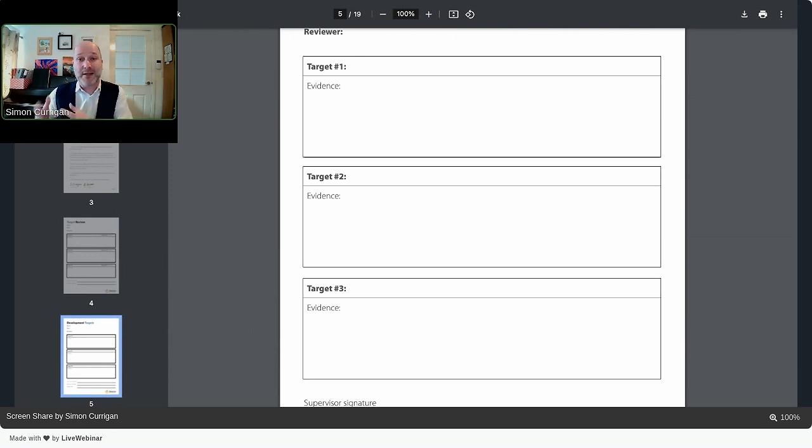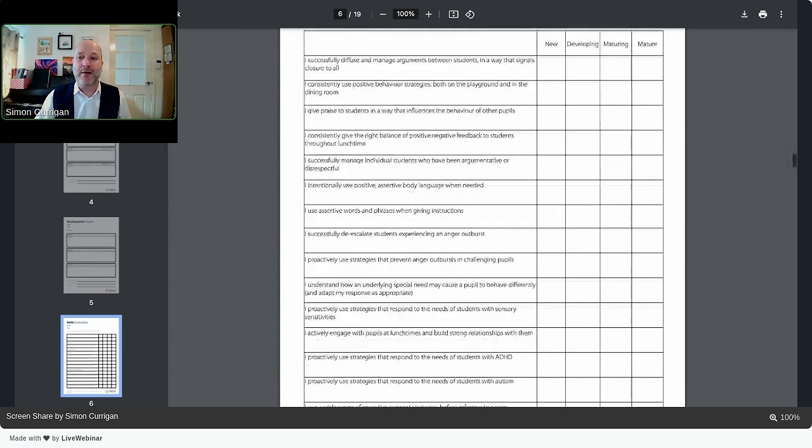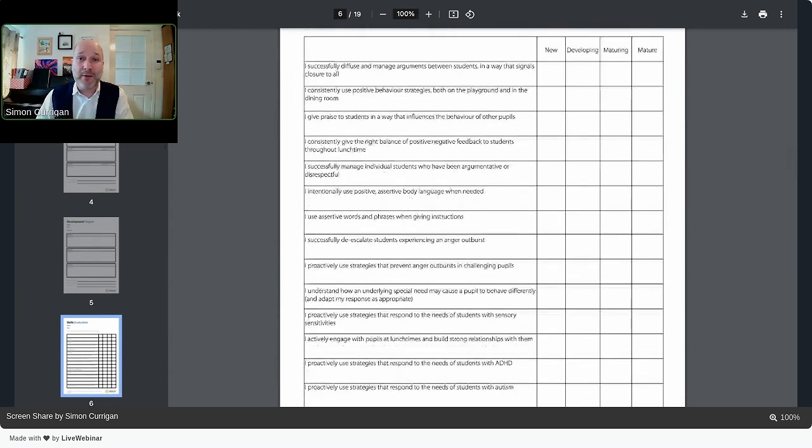So we're going to set targets for a supervisor, but we're also going to say to them, what kind of evidence do we need to see to show that you've met this target? And then scrolling down, we've got a skills evaluation where they can do a self-evaluation about where they feel they are in certain key